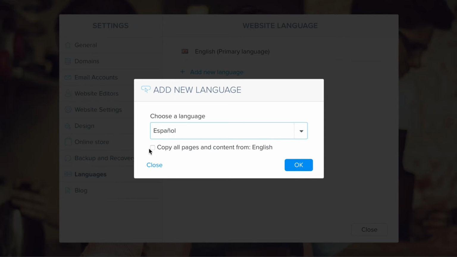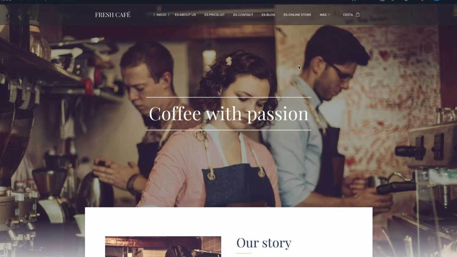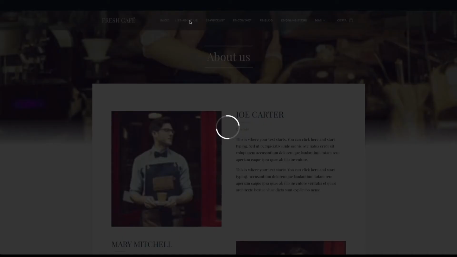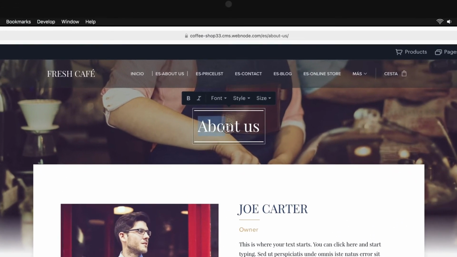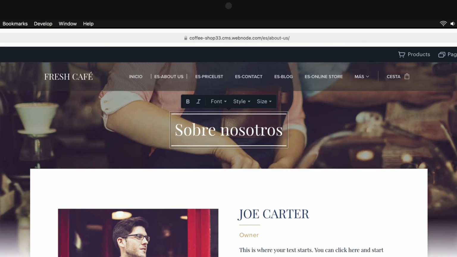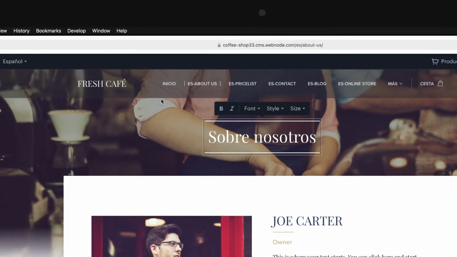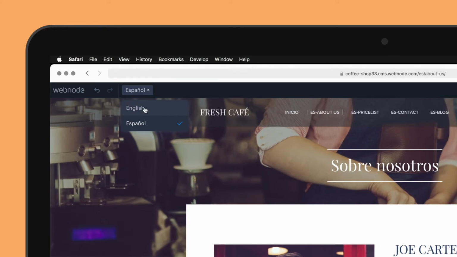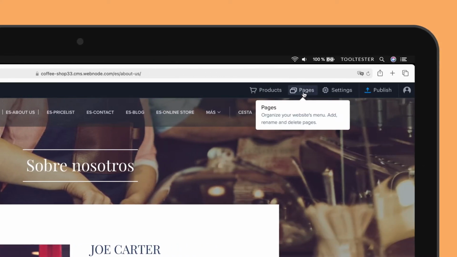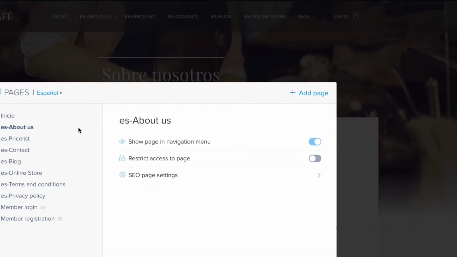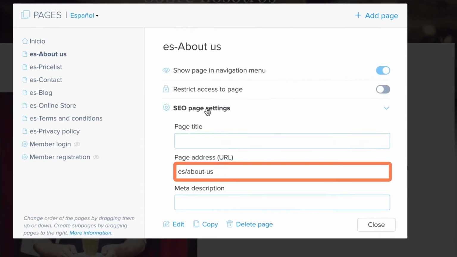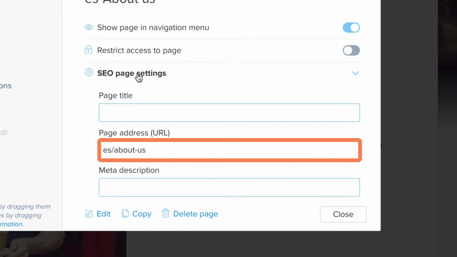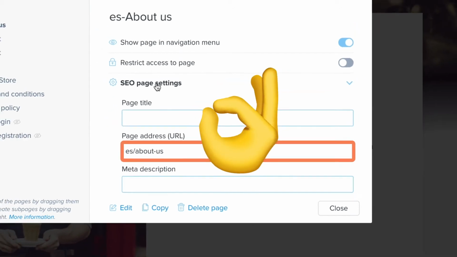In fact, adding a new language to your site just takes a couple of clicks. You can make edits to the new language version of your site, just as you would with the original version of your site. Switch between different languages by simply selecting the version of your site you want to work with. The additional languages will reside in a subfolder of your main domain. In our case, that's /es/. From an SEO point of view, that's a great solution.